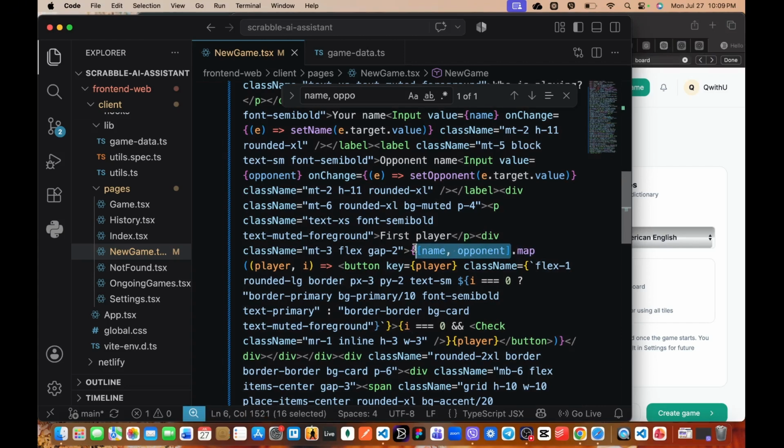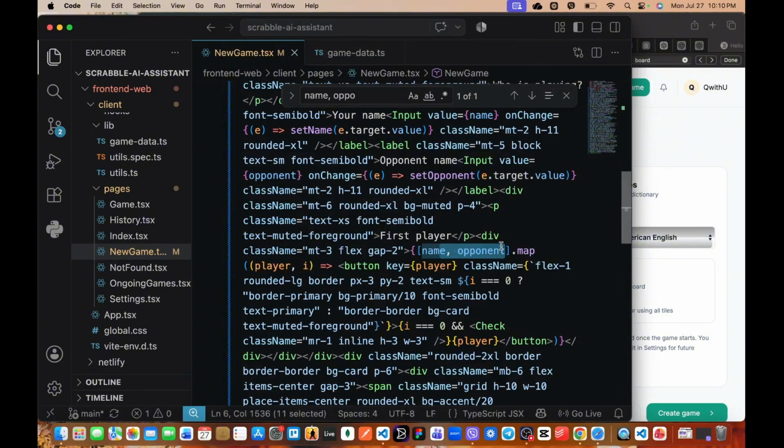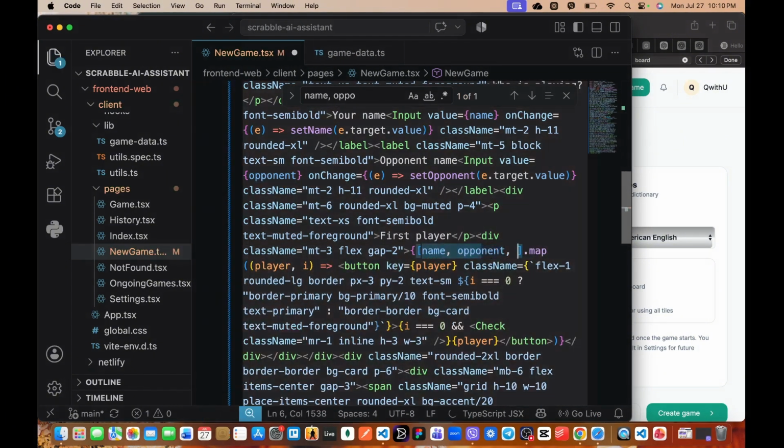Since we have seen this name and opponent, this data is called an array. An array is simply a collection of values. And since I have said map, map is a function in JavaScript which lets you repeat something for every item. Meaning since we have this array with the data of name and opponent, Q with U, we're gonna render the button once, and second for John Doe. Since we have two data, what if we add another? For example, we add here 3. What's gonna happen? But this is not a declared